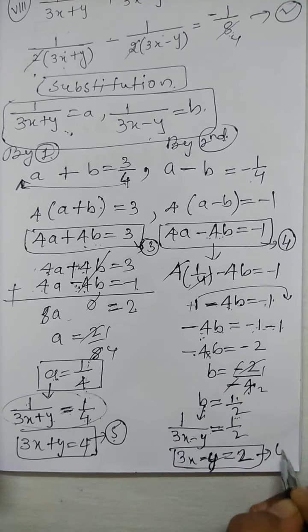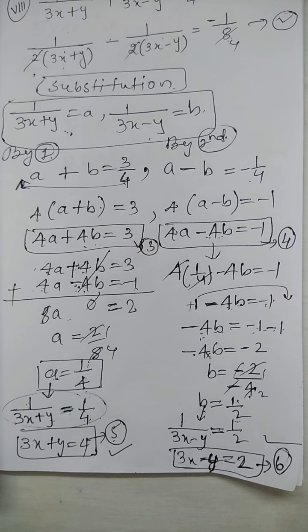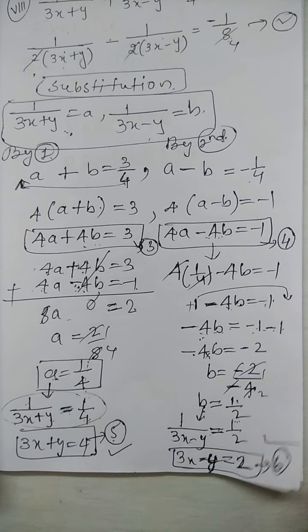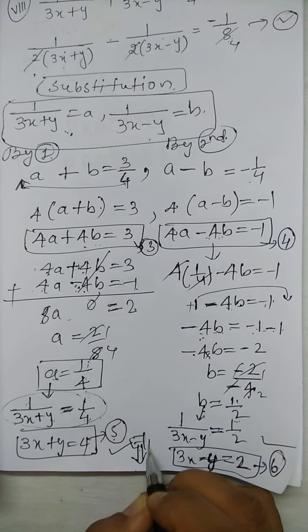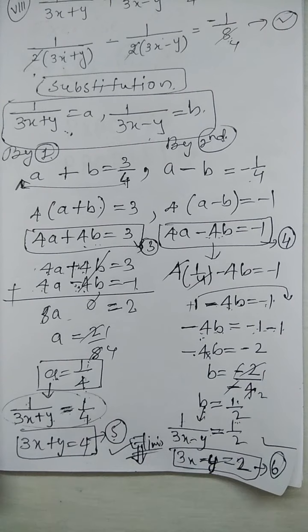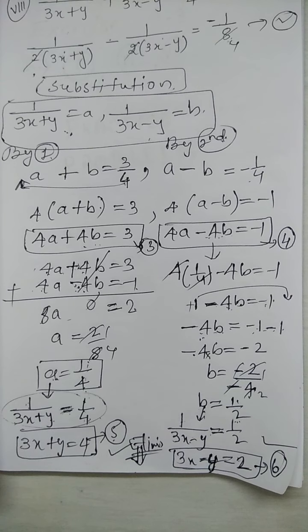This is the sixth equation. Now the fifth equation and sixth equation you solve again by the elimination method. Second time again you have to use the elimination method. One more time you use the elimination method. Now it is very simple. I hope you can do it. Definitely you can do it. Use the elimination method and find the x and y values and let me know.